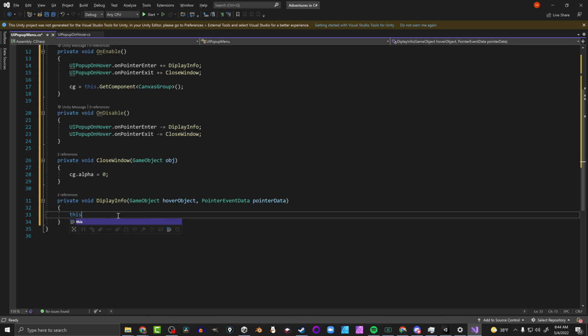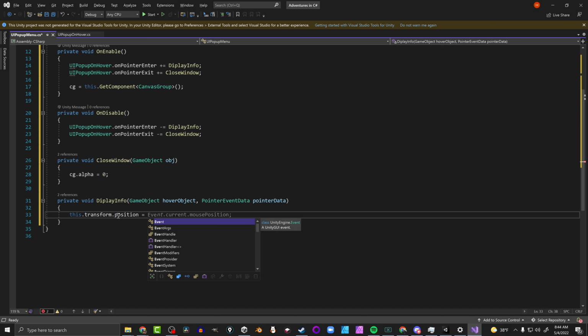We're going to do that with this transform.position. That's going to equal event data, oh, sorry, I called it pointer data. Let's actually call it correctly. Pointer data position. And that's going to be the position of the pointer itself, which we could leave like